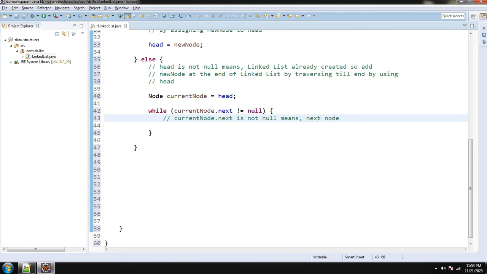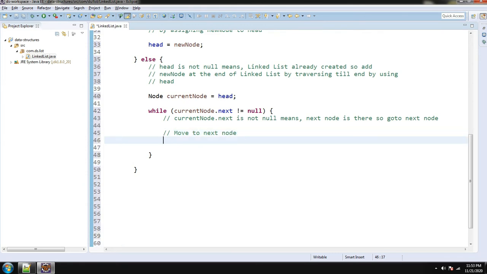I'm concentrating on the coding part of the linked list, thinking that you already know the data structure of the linked list and how it works. I think you already know the design part. Then the question is how to implement that linked list. I am just writing the code according to the data structure linked list design.